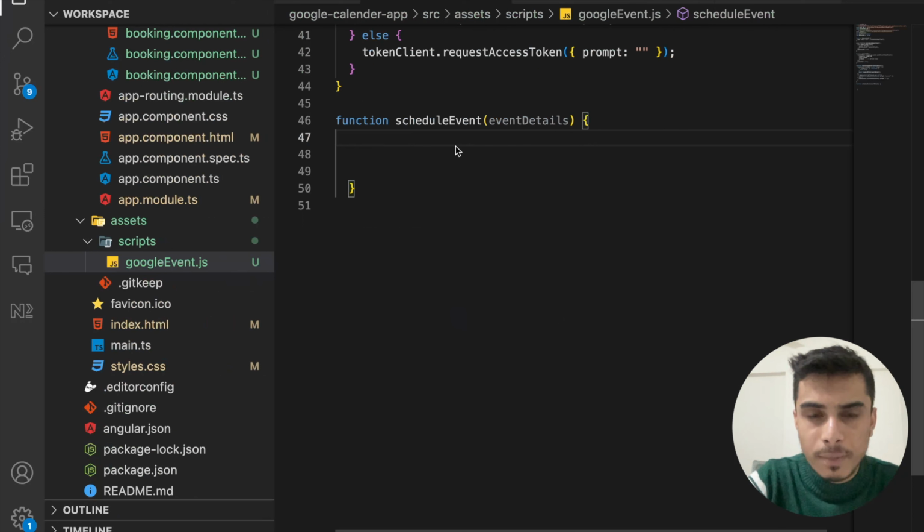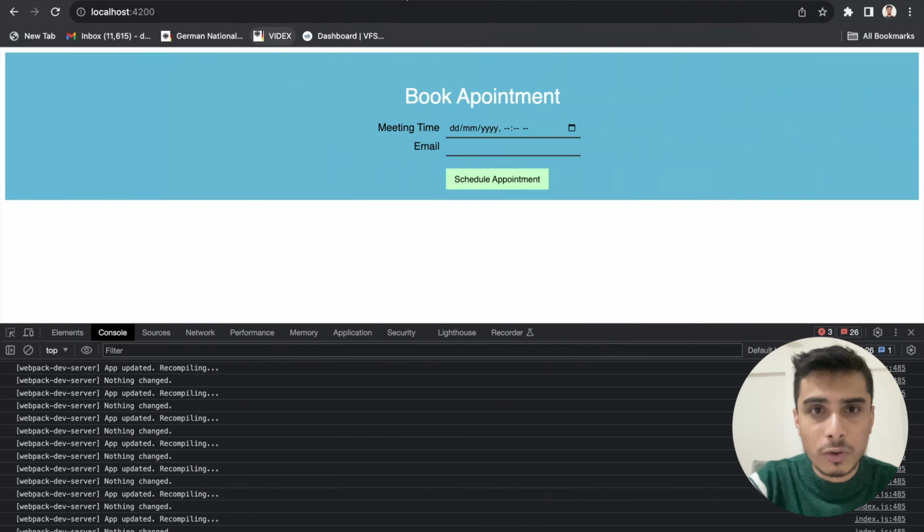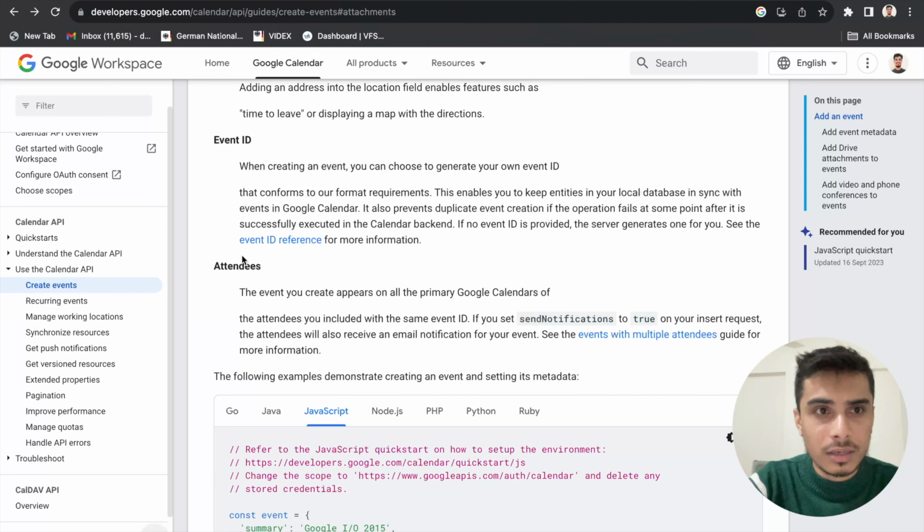Now here comes the important part. We have to define an event object, and that event object is going to have information about our event, like what's the start time, what is the end time, what is the location, how you want to remind your user. And there are a lot of things that you can configure. You can go to the official documentation of the Google Calendar API, and you can understand what the customizations are that you can do,